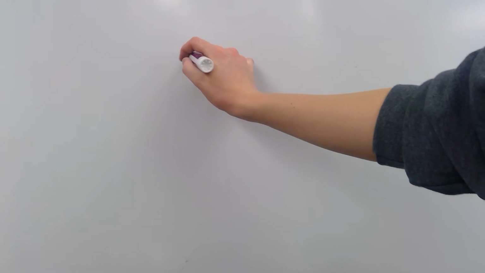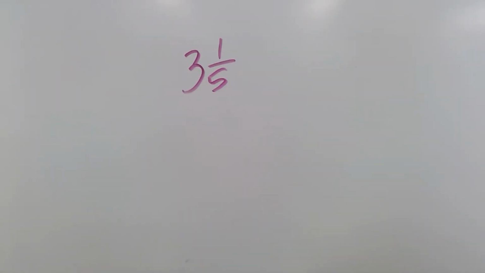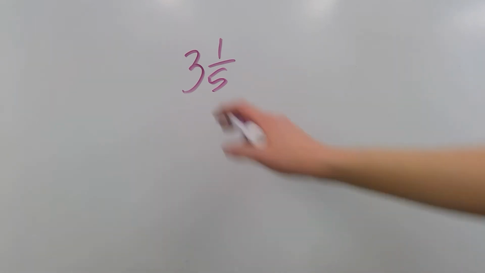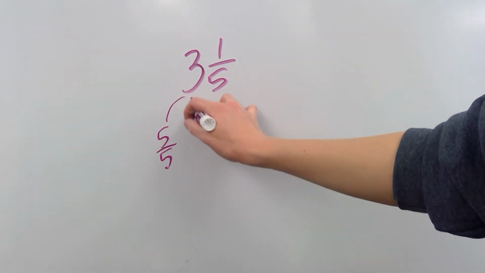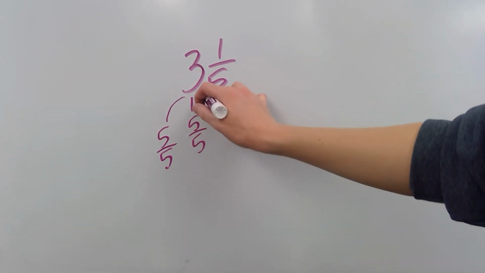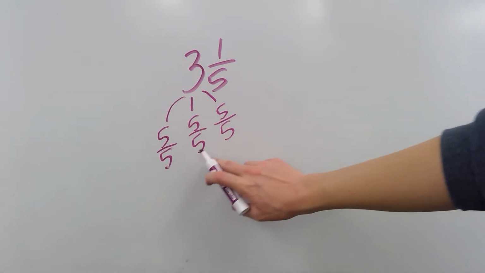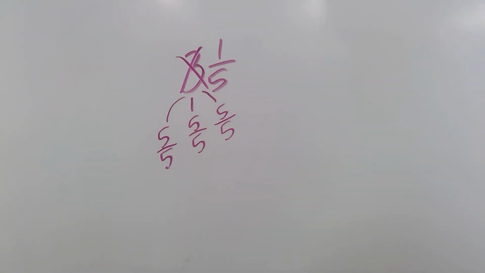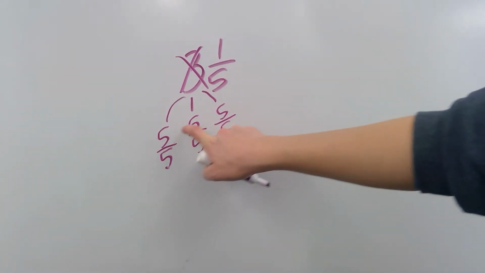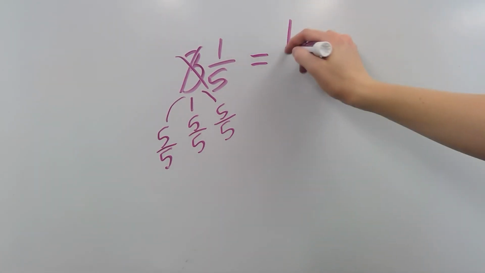Now, if I give you a mixed number, like 3 and 1/5, we can change that into an improper fraction. So 3 wholes, 1 whole would be 5/5, 2 wholes would be another 5/5, 3 wholes would be another 5/5. Got 1, 2, 3 wholes, so I'm getting rid of that, and now I just need to count up what I have. I have 5, 10, 15 fifths plus my 1/5, so I have